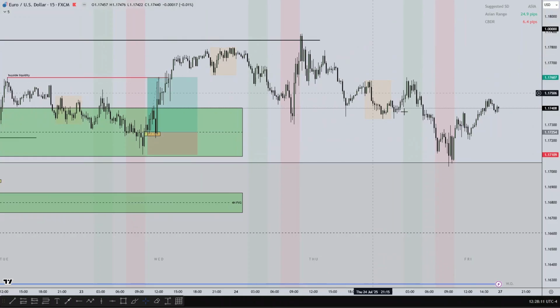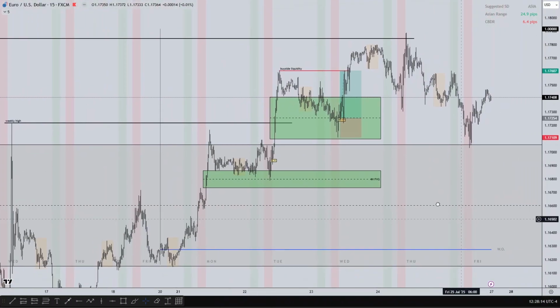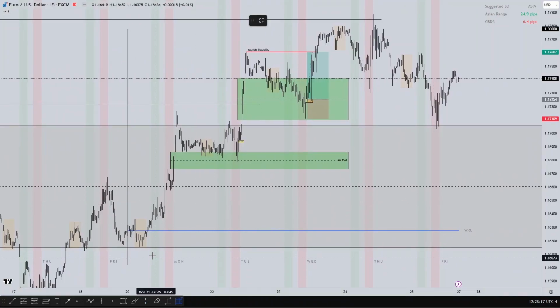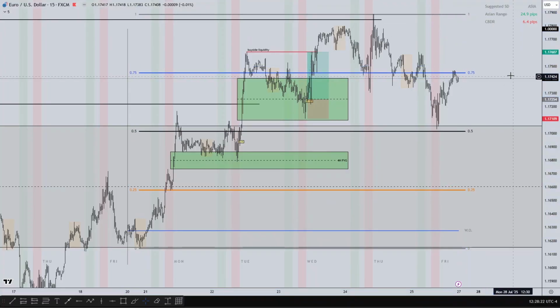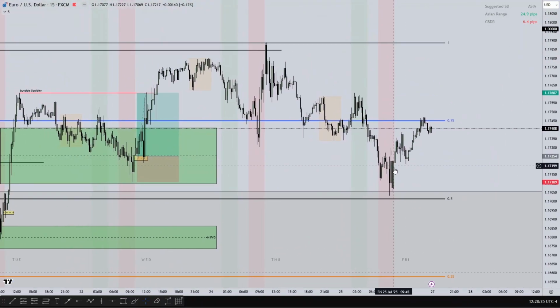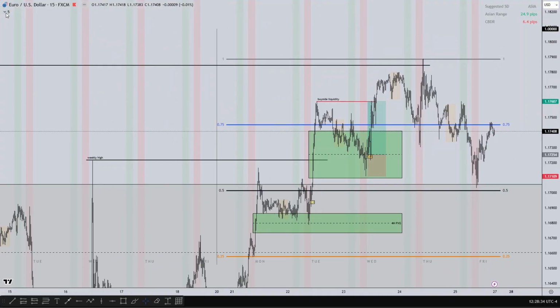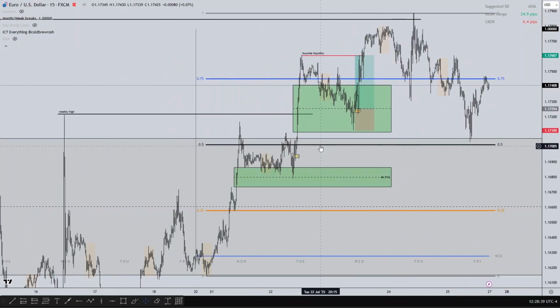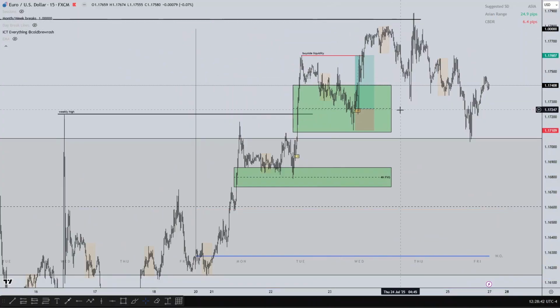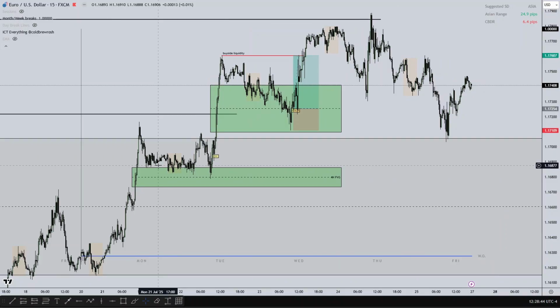So on Friday, price retraced back to the weekly range, mostly close to the 50% range. I think price got to the 50% range of the weekly range. It was very close to the 50% of the weekly range before retracing back and closing at this area, close to the 75% range of the weekly range. So make sure you do your own personal study on this. This is just to bring your attention to the areas in which I execute my trades so that you can use that as a case study for your own personal trading plan.